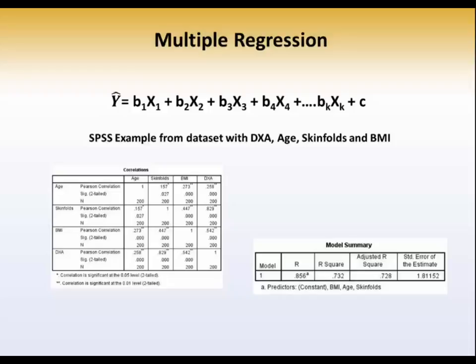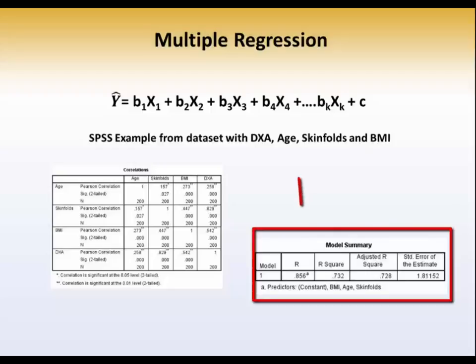Some of this information you've seen previously. We see the correlation between skin folds and DEXA to be 0.829 and BMI and DEXA to be 0.542. We now want to add age. Let's see if we take the combination of age, skin folds, and BMI and see if collectively it reduces the amount of error. You'll notice in the table on the right, the model summary, the multiple R is now 0.8